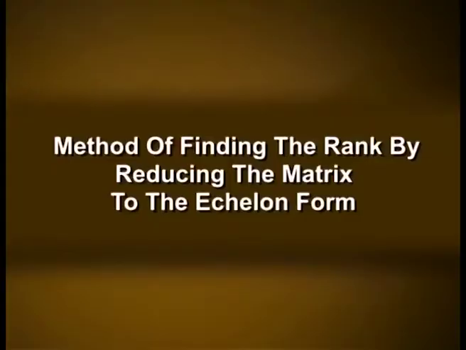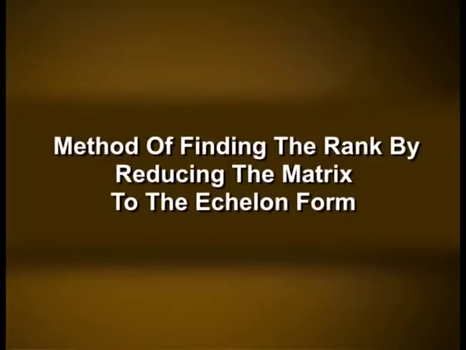Remarks: the reduced matrix C is also called echelon form or row equivalent canonical matrix or canonical matrix of A. The rank of the matrix in echelon form is the number of non-zero rows in that matrix. Since C is obtained from A by elementary row transformation, in view of theorem 1, we have rank of A is equal to rank of C is equal to number of non-zero rows in C.